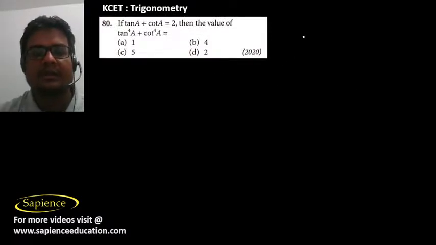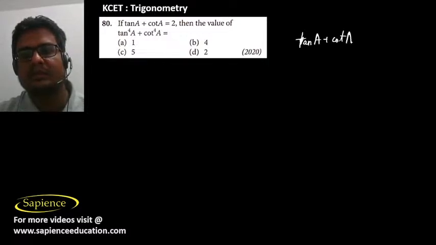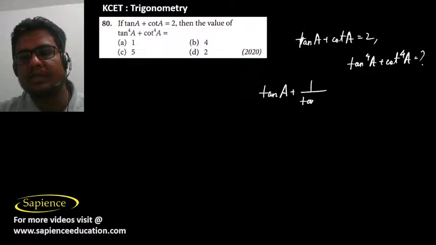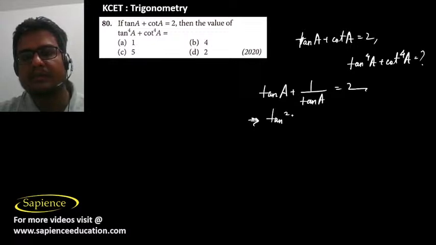Then it's told that if tan A + cot A is equal to 2, then we have to find the value of tan⁴A + cot⁴A. That value we have to find. So now tan A + cot A, I can write as tan A + 1/tan A, that is equal to 2. Then if I take the LCM, that will be tan² A,